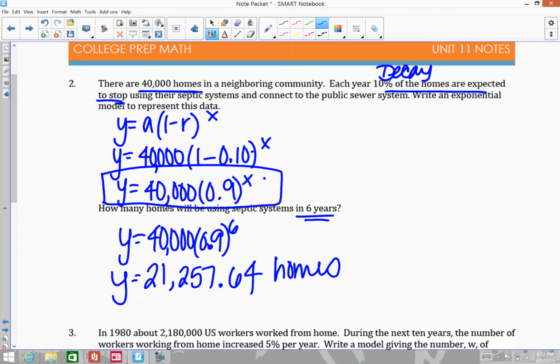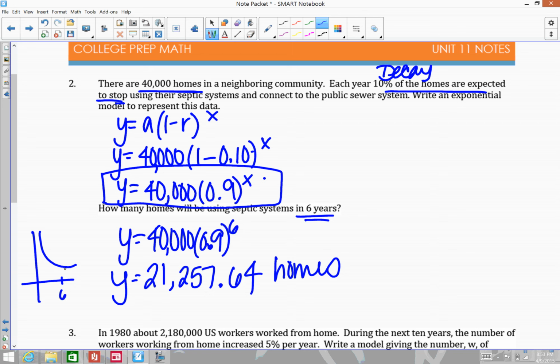So basically how to interpret this is we can't have 0.64 homes. But if you're thinking about the graph of this, since this is a decay function, let's say after 6 years, 21,257.64 homes are left. So really, I can't say that I only have